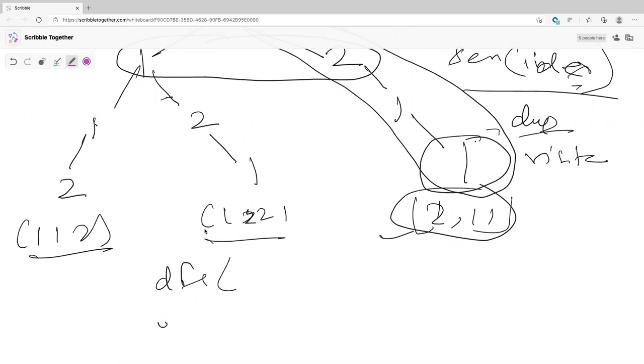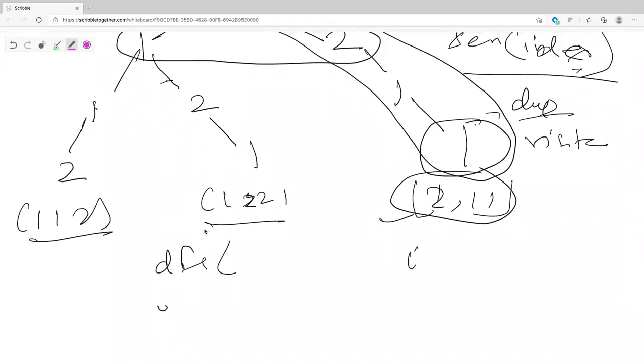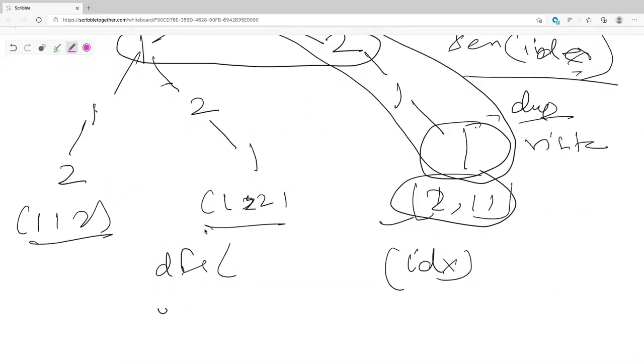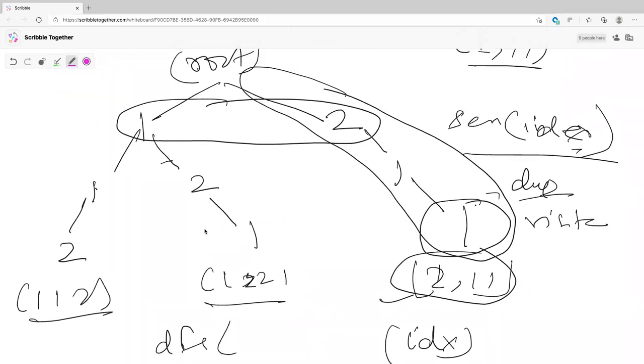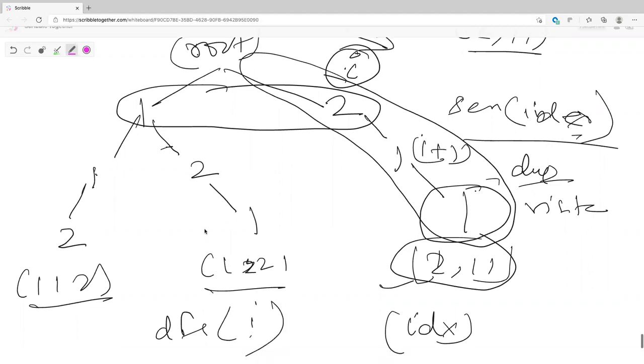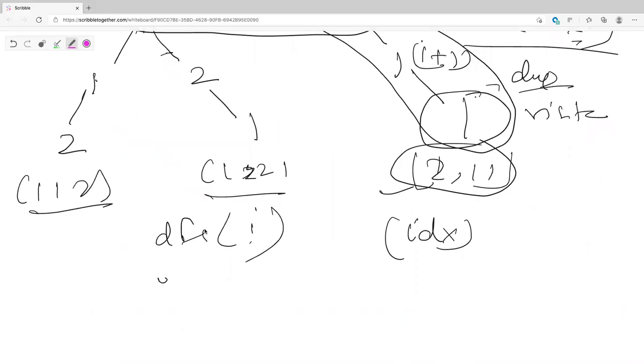And sometimes, I think someone said that they want to pass in an index also in the helper method, right? That also, always think what are you passing from your parent. If you're always trying to look at an index which is ahead of its parent, if this is i, I'm always going to use an index which is i plus 1. So if that is the case, then you understand, okay, what am I going to use from my parent? I'm going to use i. So that means in your DFS call, you're going to use i. That is the very quickest way to figure out what am I passing from my parent, and I'm going to pass it down to my children.